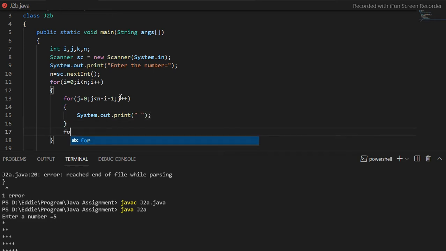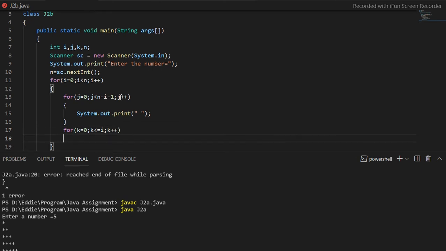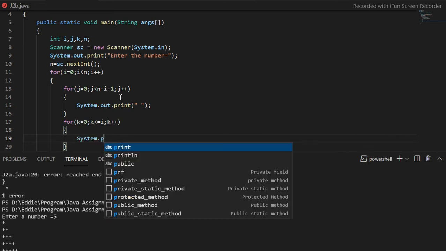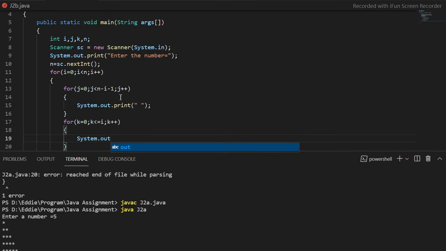Now another inner loop, variable k, it will go from 0 up to i. Okay, while i is going, it will be printing first 1 star, then 2 stars, right? That is what is happening in each row. In the first iteration it will print 1 star, second 2 stars, and 3 stars. So it is printing like that. Now I am printing star here. Okay, so now we are done with both the things.